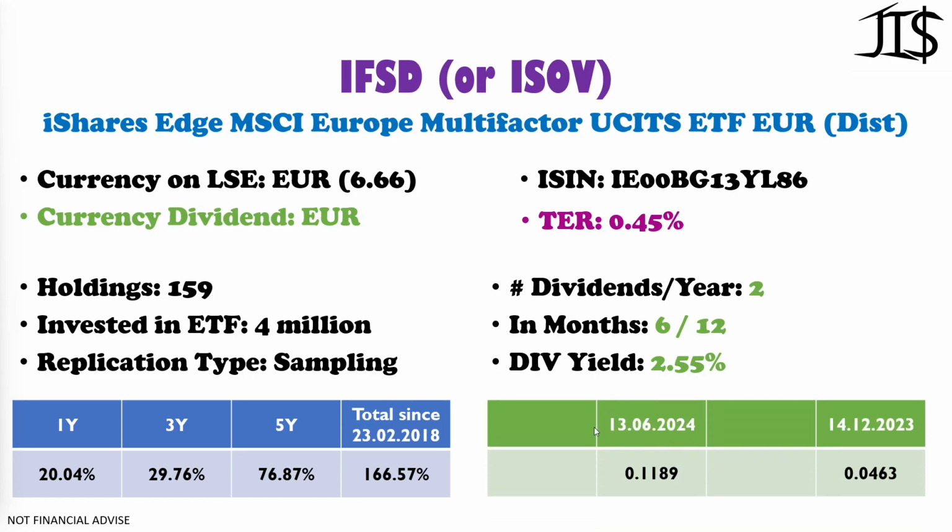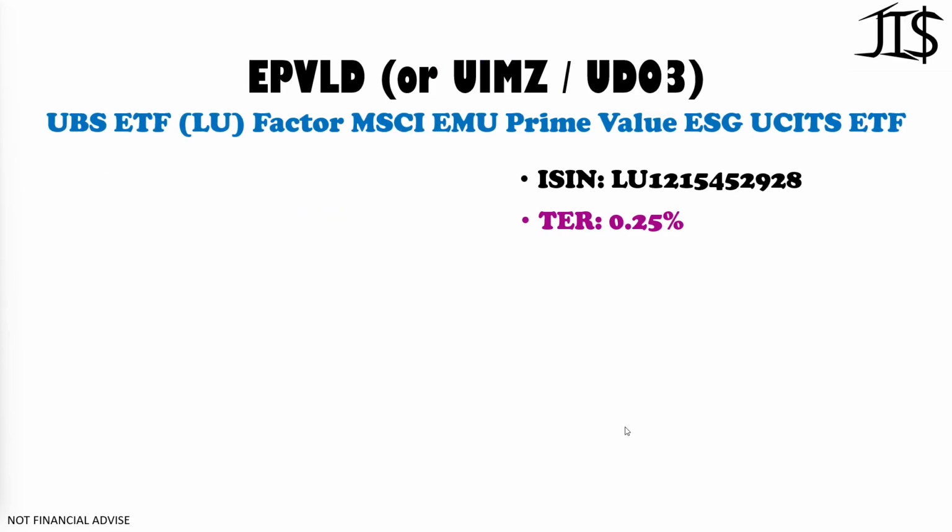And once again, it's Europe, so the dividend in June or in the first half of the year is always going to be higher than the final payment of the year, because of course a lot of European companies are only paying yearly dividends, and they are most of the time paying it in March, April, or May. So that's why the dividend in June is almost always higher than the final dividend payment of the year.